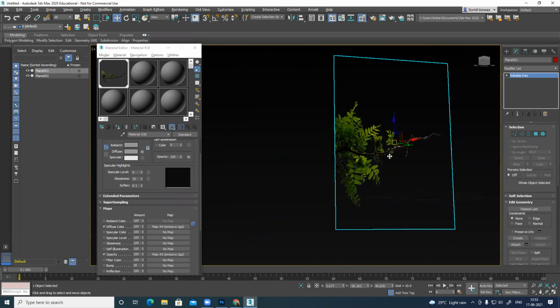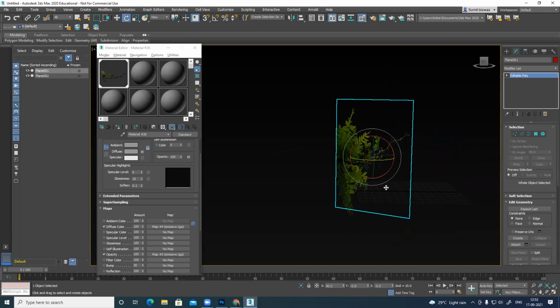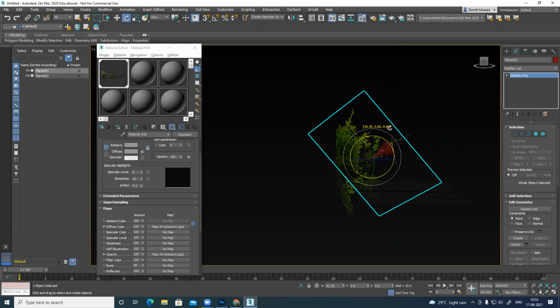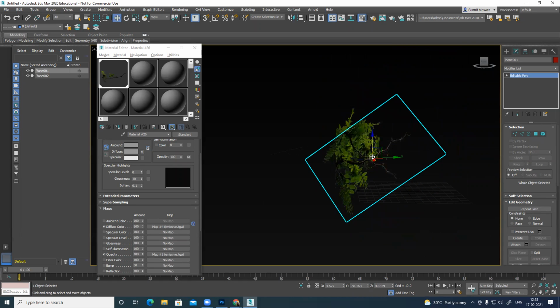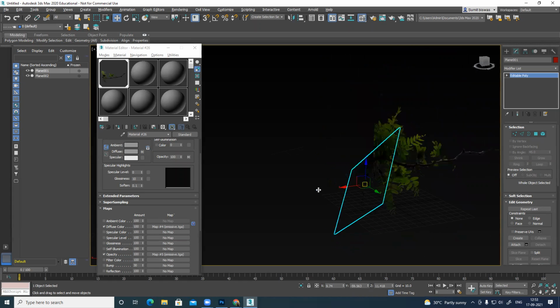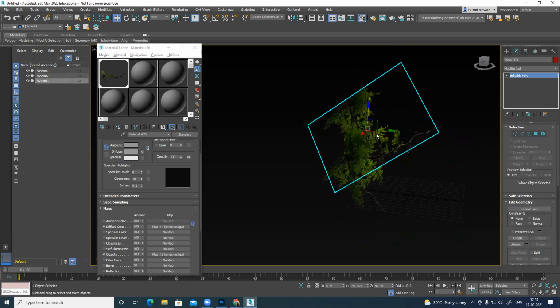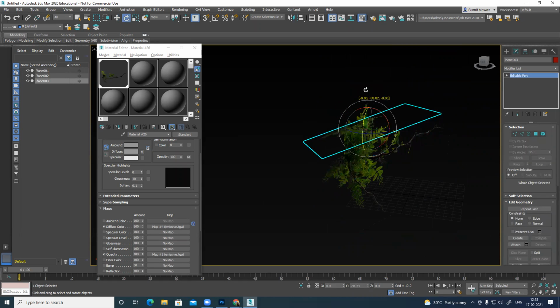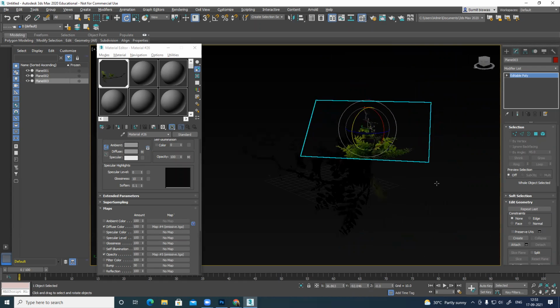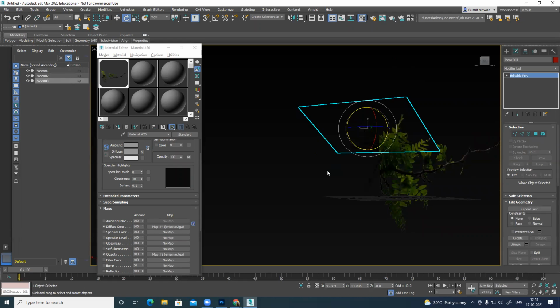Place it here, align it basically. If I want, I can rotate also, just to create some variation. Foliage. So this is how we create foliage. Different angles, like maybe same leaf, multiple or different angles. So from a distance, when you see it, you will see a dynamic tree with a lot of variation.